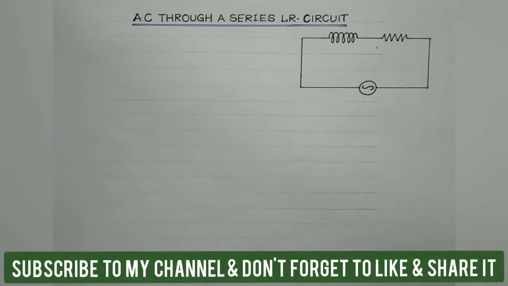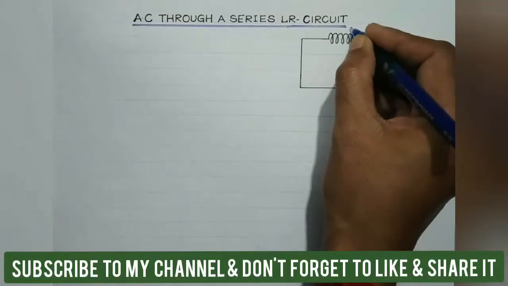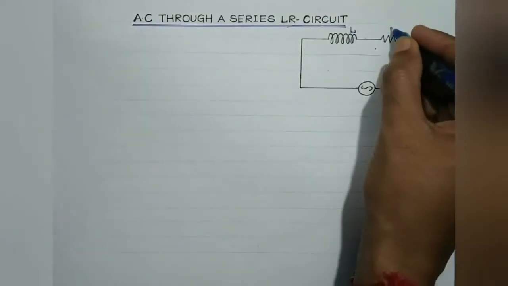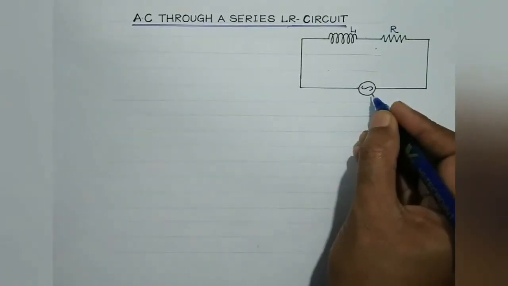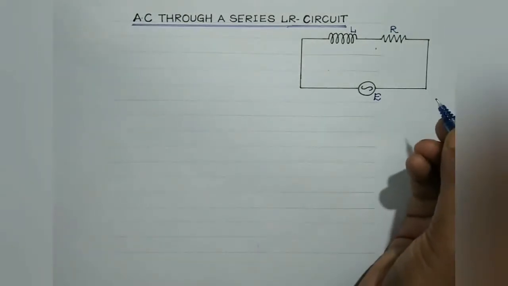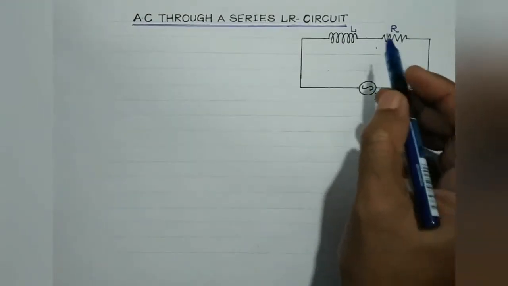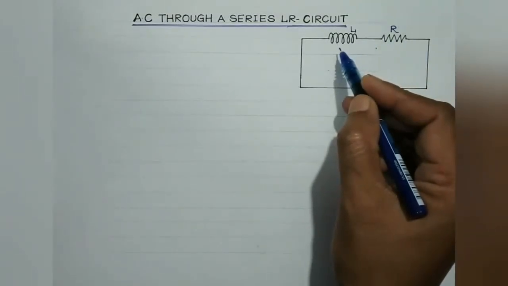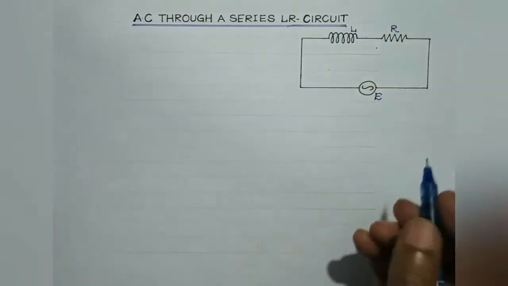In this session, students, we will discuss the alternating current through a series LR circuit. That is, we are considering an AC circuit comprising of an inductor, say of inductance L, and a resistor, say of resistance R, connected in series across an alternating source of EMF. The instantaneous alternating EMF is suppose E, right? So, what we have considered is a source of alternating EMF connected in a series combination of an inductor of inductance L and a resistor of resistance R, as shown in this particular figure, right?